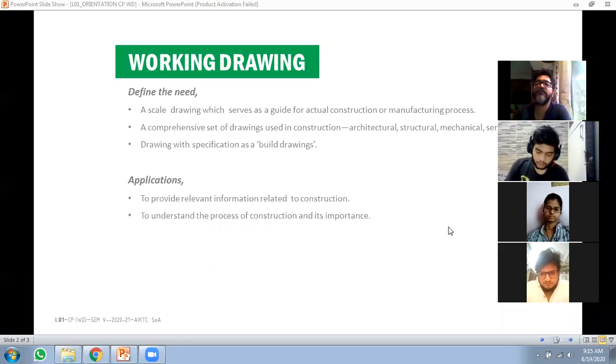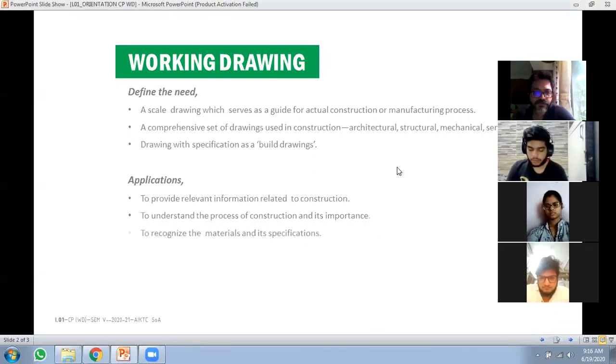So these are all the civil work, part of a civil work, the plastering of it, the painting part of it, waterproofing part of it. So there are many things which are part of a civil work. We are going to look at all the civil work. So we will be looking at how waterproofing related to toilets and bathrooms is done, how waterproofing related to the terraces is done. So it's a very giant scope, and hence we are considering both the semesters for a single subject. Okay, let's move on to the next portion, which is to recognize the materials and its specification.